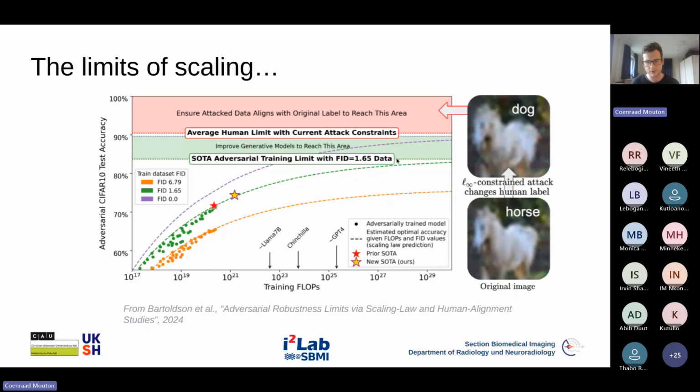I want you to look at the green line here. They looked at all of the other submissions on the leaderboard, including their own, which is the star over here. And they looked at how many floating point operations, essentially how much compute, was needed to get to that test accuracy. They then fitted a curve to this. And now we can roughly predict how the adversarial test accuracy will look if we have more compute, if we have more floating point operations.